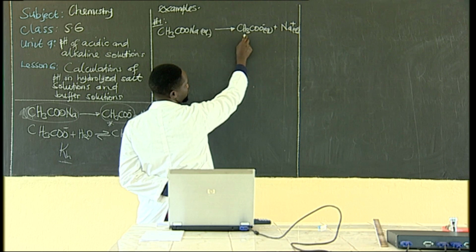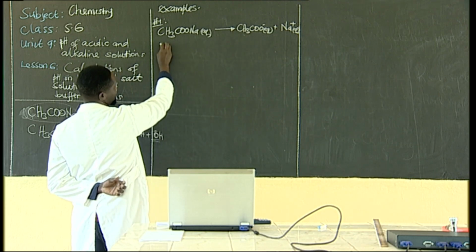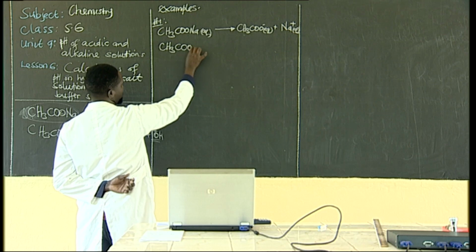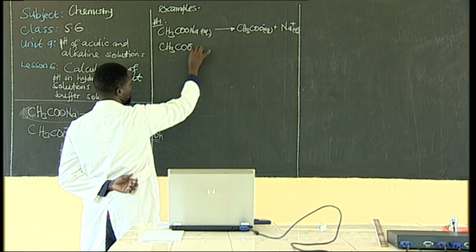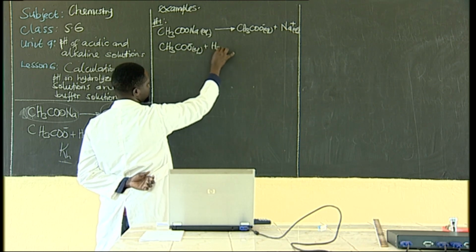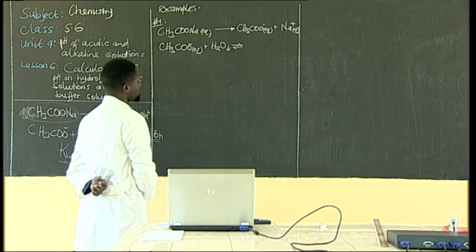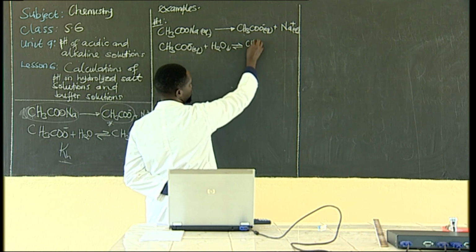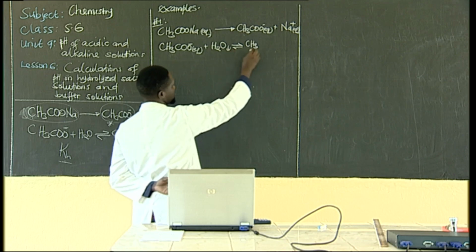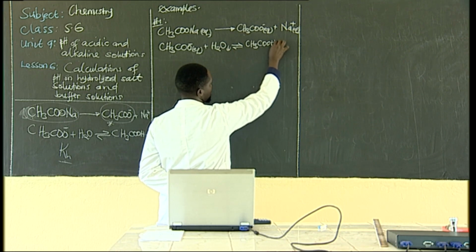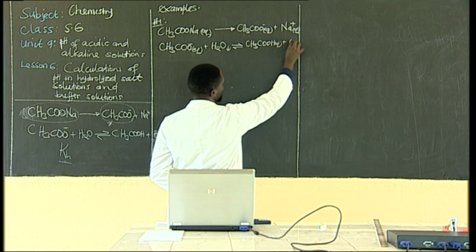So the presence of these ethanoate ions will undergo hydrolysis. They will react with water. It is a reversible reaction to form un-ionized acid molecules and OH